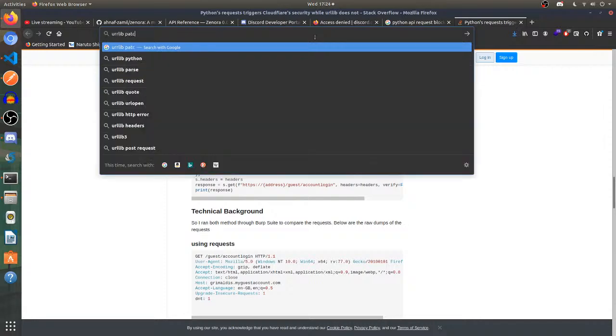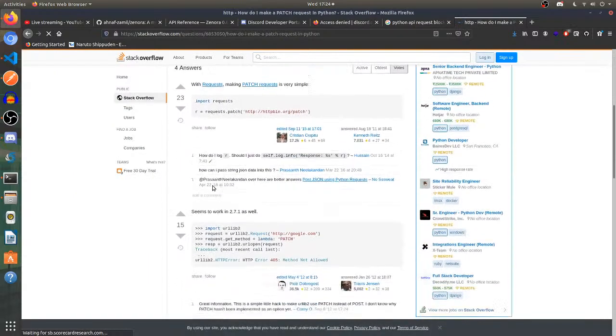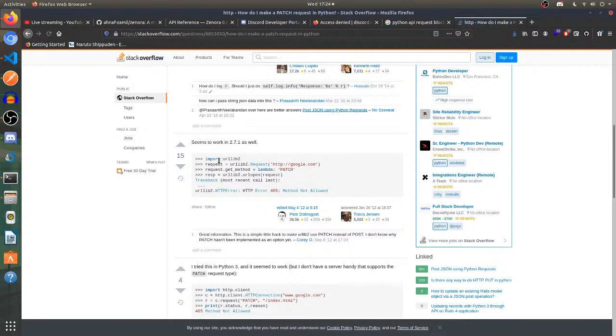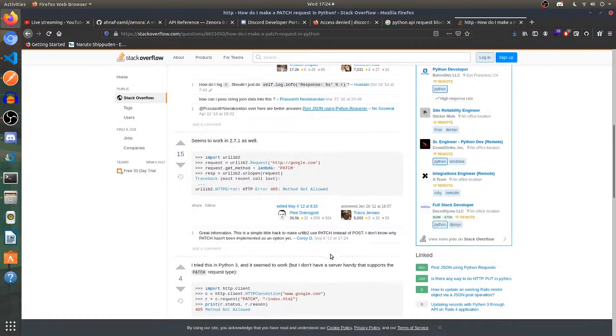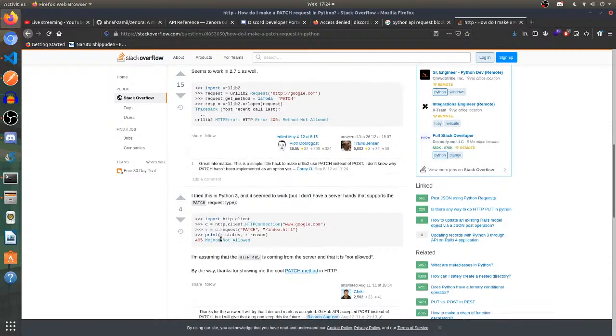Lib patch. urllib. Okay, I guess I can use this.